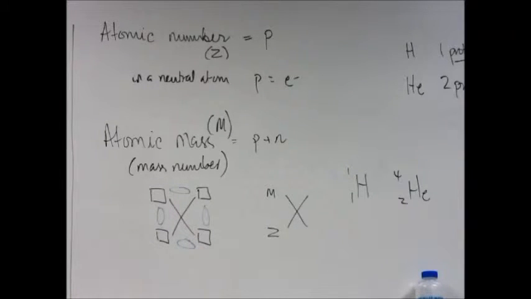But when you see it on the periodic table, you will always see the atomic number on the top, okay? And that's why I said you don't have to memorize which is the atomic number and which is the mass number, because all you have to do is look at the numbers. Whatever is the larger number is your mass, that's it. So don't get confused by anything else.